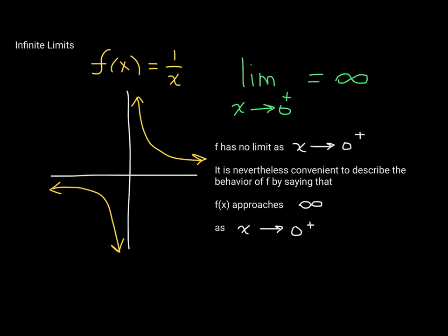So in writing that, we're not saying that the limit exists, nor are we saying that there is a real number that your function values approach, because infinity is not a real number. This expression is just a nice way of saying that the limit does not exist